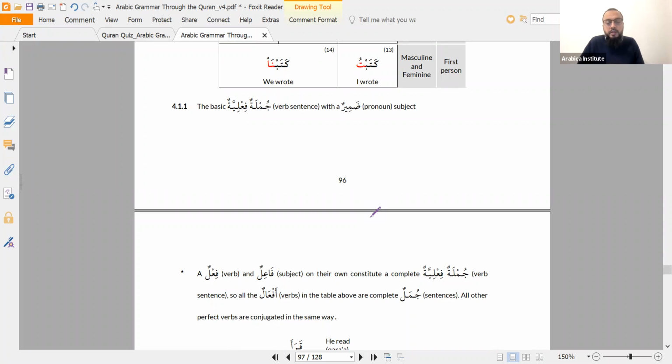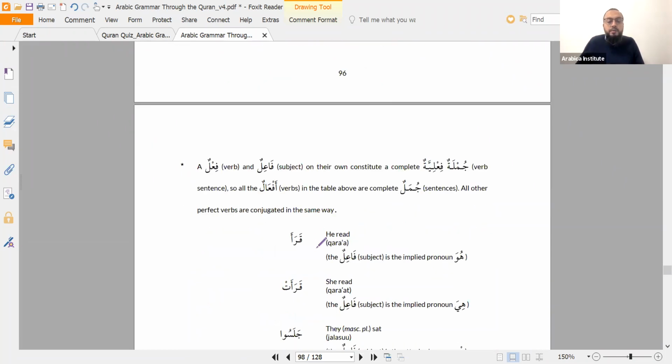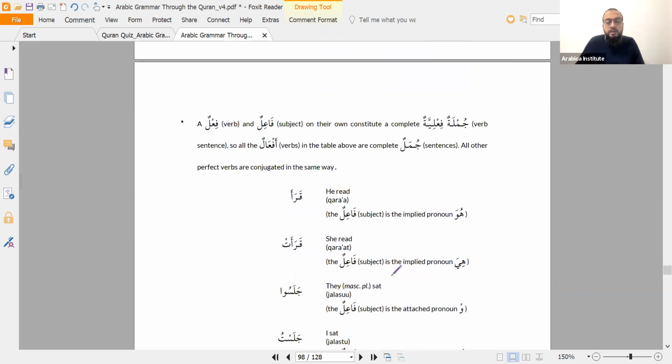And if you put the noun first and the khabar is a verb, then the attribute in that instance is actually also a verb. All the verb sentence does is it takes the verb, which would have been the khabar in a noun sentence, and brings it to the front so that the attribute is effectively coming before the subject. But in substance, in a noun sentence and a verb sentence, you're effectively doing the same thing. You have a concrete noun and an attribute that's either a noun or a verb. So for example, if you say qara'a, then qara'a is a verb and the fā'il is the implied pronoun huwa, the ḍamīrun mustatirun. Qara'at, implied pronoun is hiya.